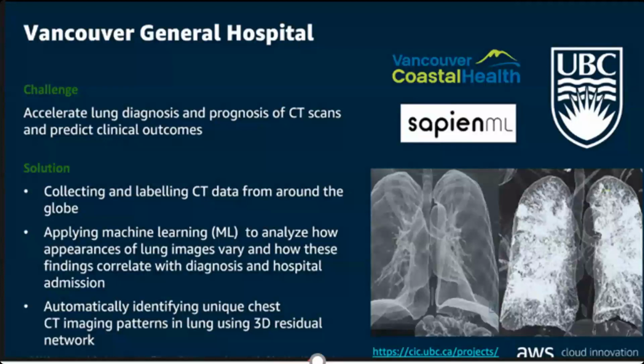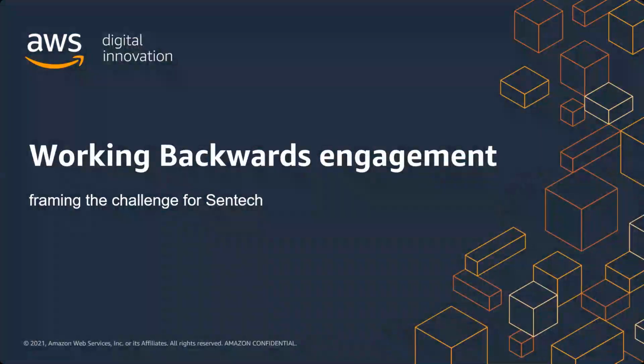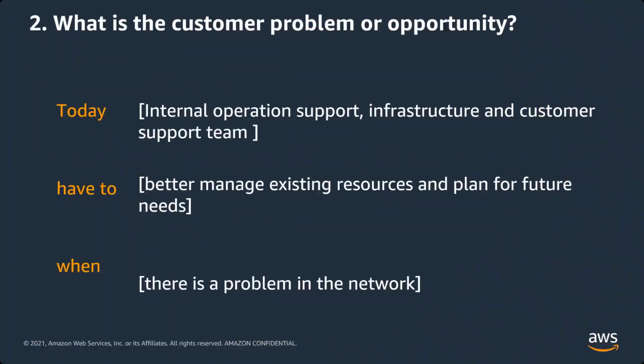This one also, during COVID, they came to us and said, we have CT scans, but we have general doctors all over. And you remember, through COVID, they could not understand the CT scan because some of them are general doctors. So we labeled 50,000 CT scans. Now any doctor, in any place in the country, can just take a photo of the CT scan and it goes to the cloud. Through labeling it, we could tell if it is a COVID-19 patient, if it is an emergency, when it needs oxygen, how much oxygen, and when they need to be admitted. So this shows you in general, and I think I'll have 5 minutes to explain to you.